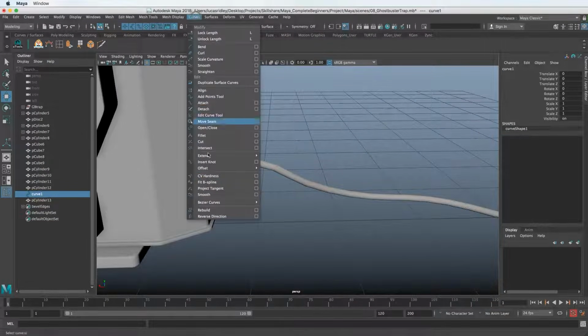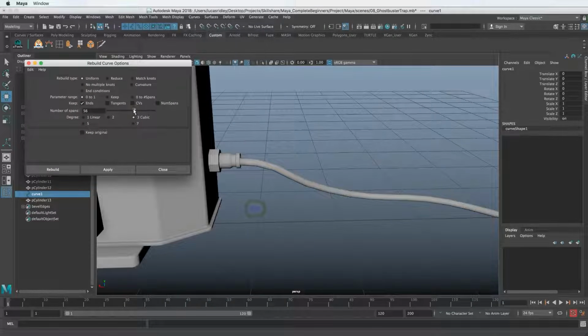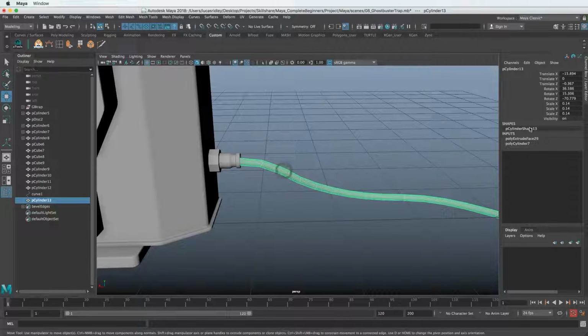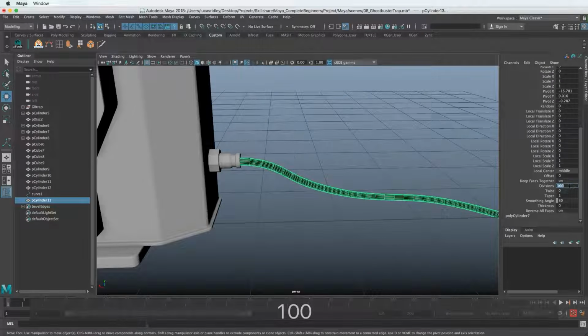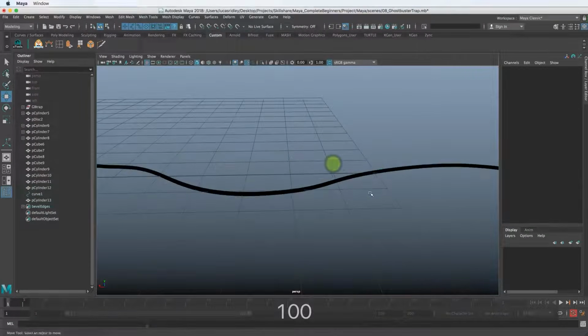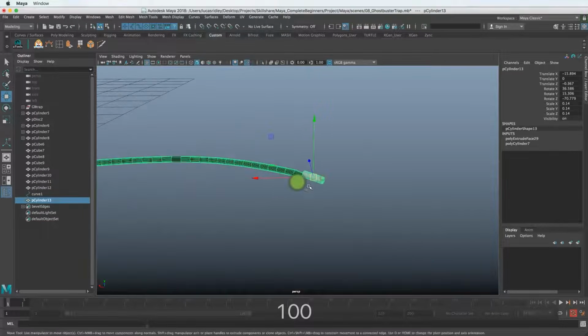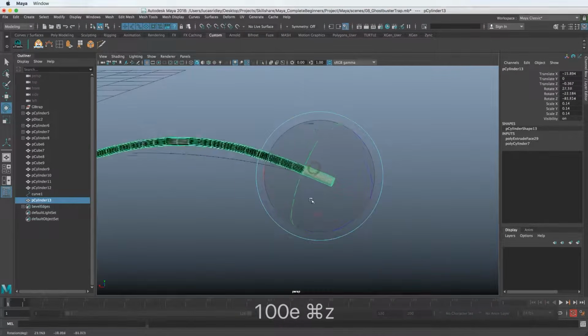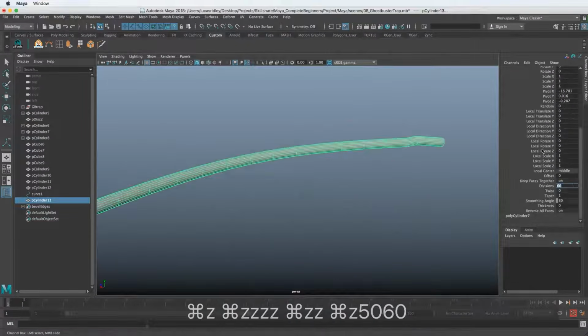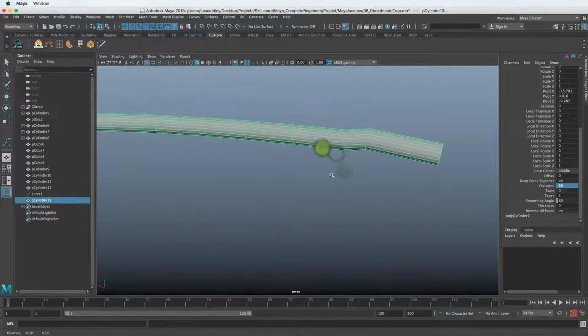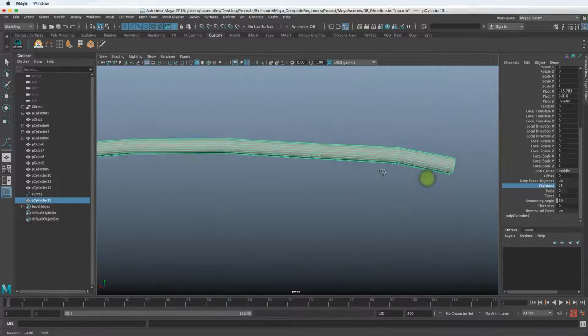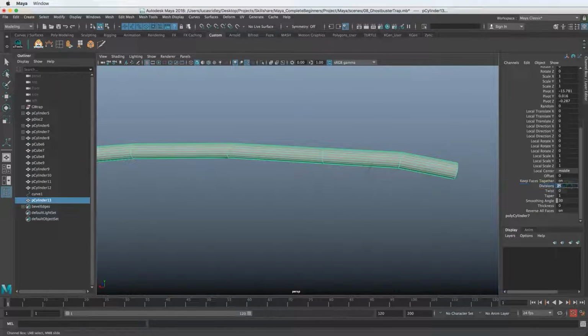So you can go to Curves, Rebuild, and let's just crank this up and hit Apply. And then we will probably need to increase the extrusion subdivisions, and it totally spazzes out and turns black. Sometimes this happens. You want to keep in mind that you can't do more subdivisions than are allowed from the beginning. If I middle mouse drag, it goes back to the max default you can get by middle mouse dragging.